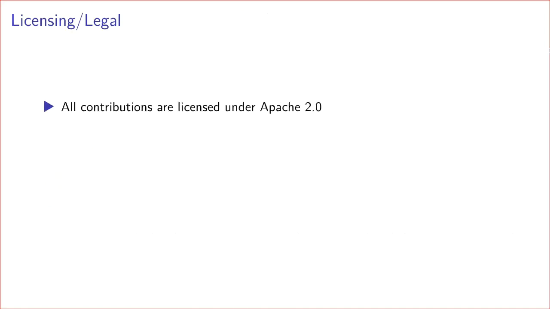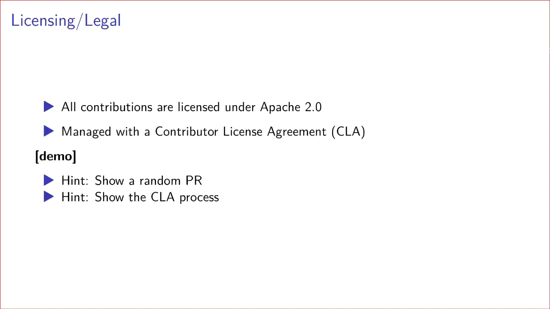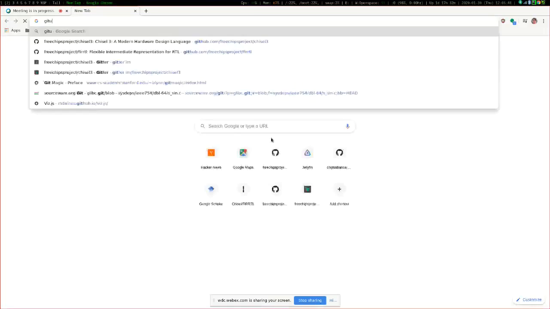All right, so general information. Everything in the Chisel FIRRTL ecosystem at this point is Apache 2. Anything that you contribute, you need to make sure that you assert that what you are providing is licensed under Apache 2 and you have the rights to contribute it. So what does that actually look like? Just to give you some idea of what this is,